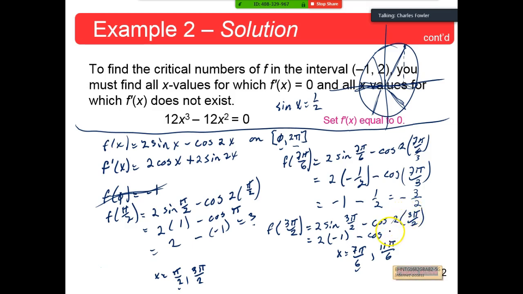-1. Well, okay, wait. Yeah, okay. I was asking, 2 times 3 halves pi is 3 pi. Now I'll ask, what's the cosine of 3 pi? -1. Okay, yeah, I think you're right, because here would be 1, -1 here, 1 here, -1 there. You're absolutely right. So this would be, I don't have room to write, -2 minus a -1, which would be,